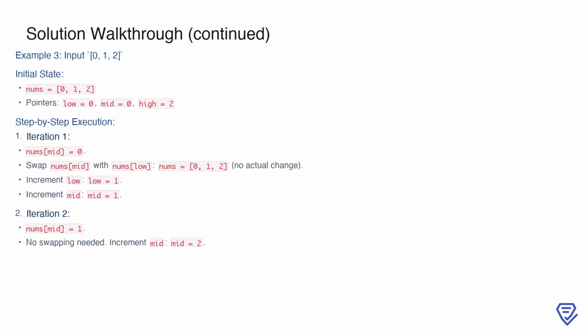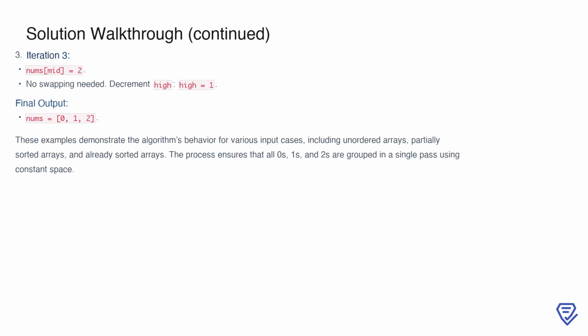In the second iteration, the value at mid is 1, which is already in the correct position. No swaps are needed, so we increment mid to 2. In the third and final iteration, nums[mid] is 2, which is also in the correct position. Since no swapping is needed, we simply decrement high to 1. At this point, the pointers indicate that the sorting is complete, and the final state of the array is 0,